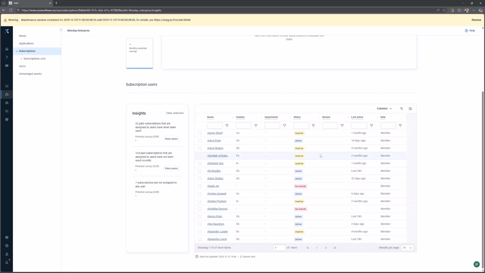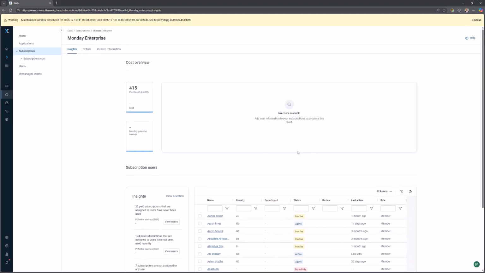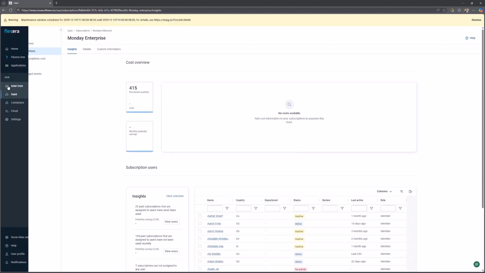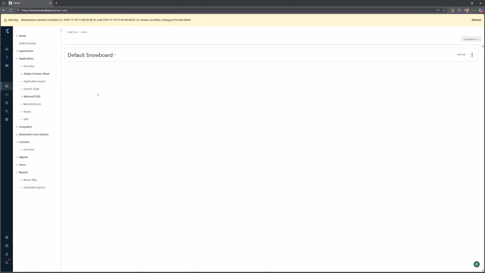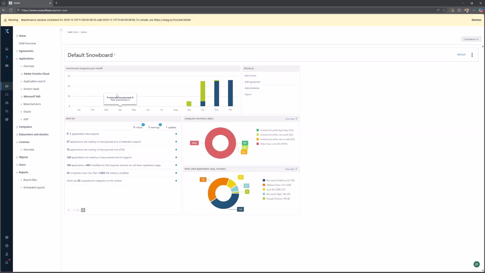It doesn't mean that the users might never use the application again, but it means that at the time of getting the data, they haven't used it, so we could potentially save a large cost or get different insights into that. So moving on to SAM Core, regarding predominantly hardware and local applications, this will give you